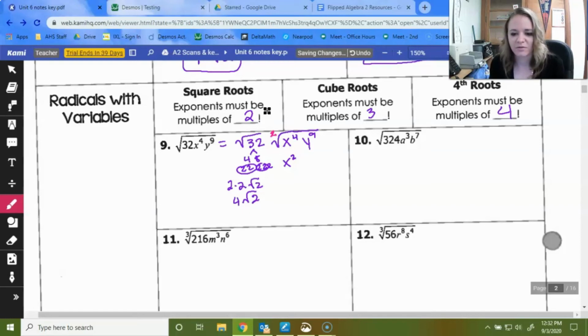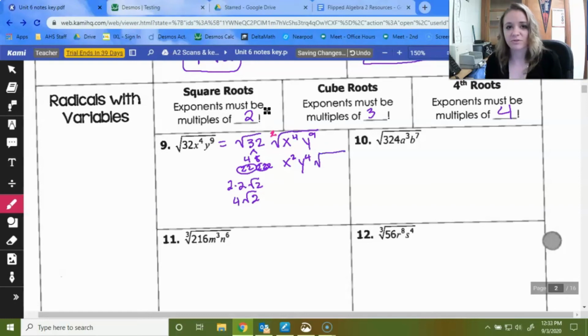And then now we have to do this with the y to the 9. So does 2 go evenly into 9? No. But we have to take some of it out, as much as we can. So how many times will 2 go into 9 without going over? 4, right? 2 times 4 will give us 8, and that doesn't go over my 9. So I'm going to do 4, okay? Now,